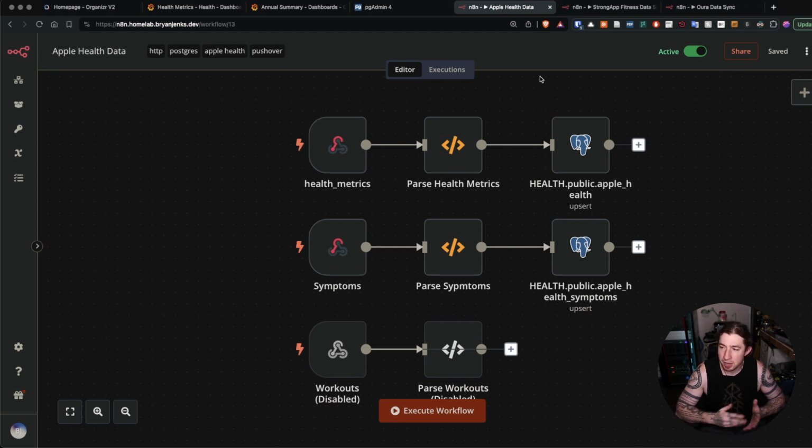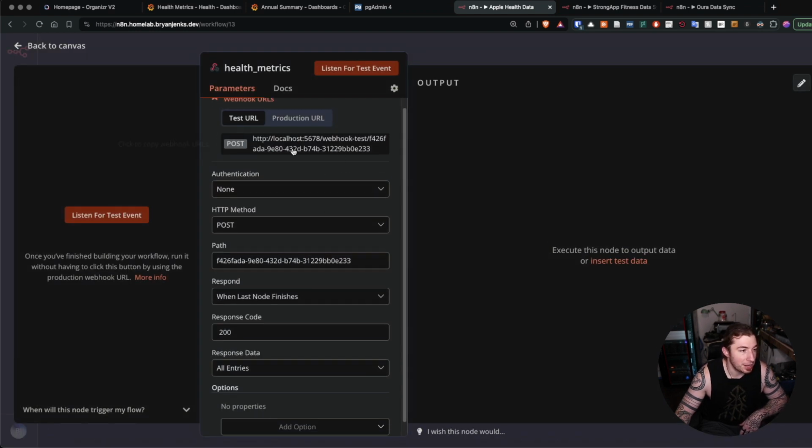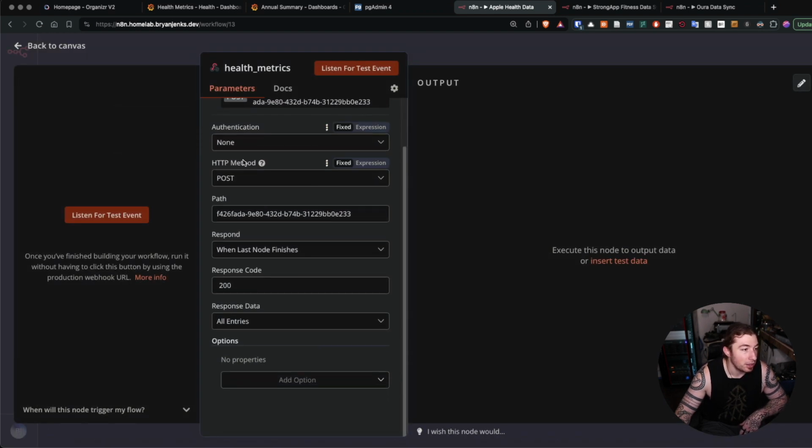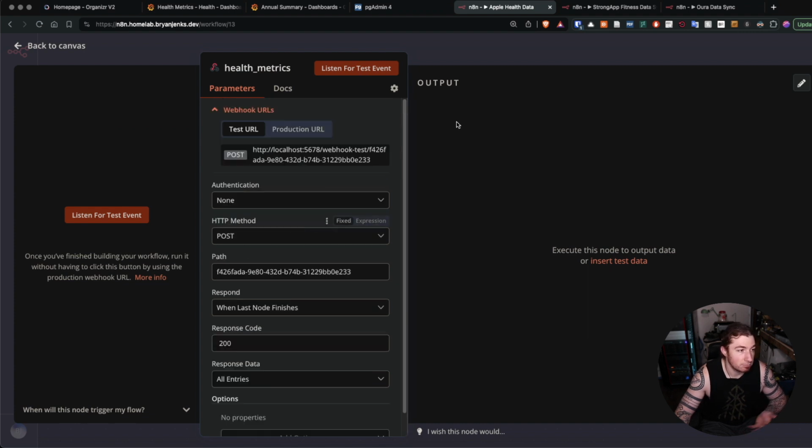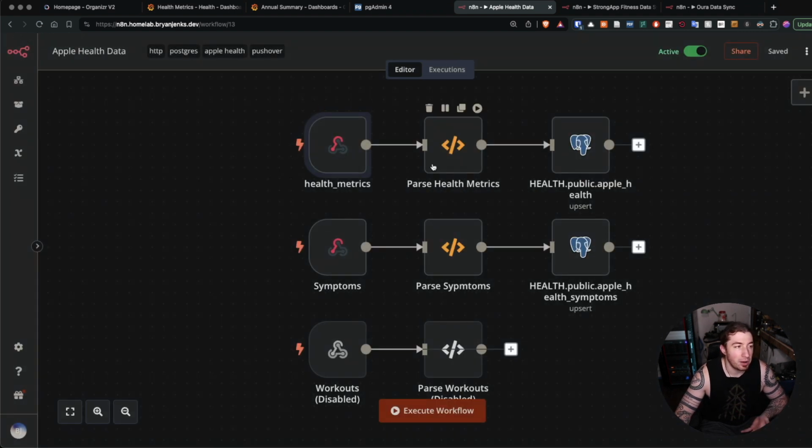So it's sitting there waiting for a request, and for the health metrics specifically, it is waiting at this webhook URL, and it is waiting to receive a POST request. That's it. And that URL that it is waiting for is one that I have exposed via the Cloudflare tunnel, or whatever, I've exposed it to the public internet so it can receive the request that it is